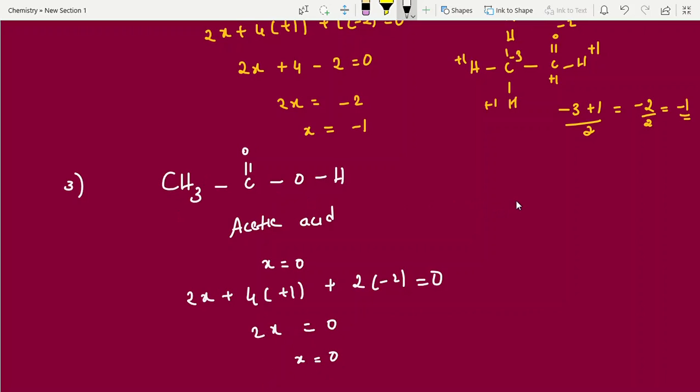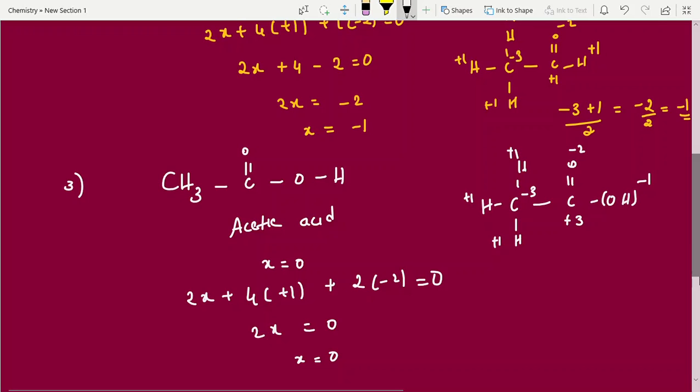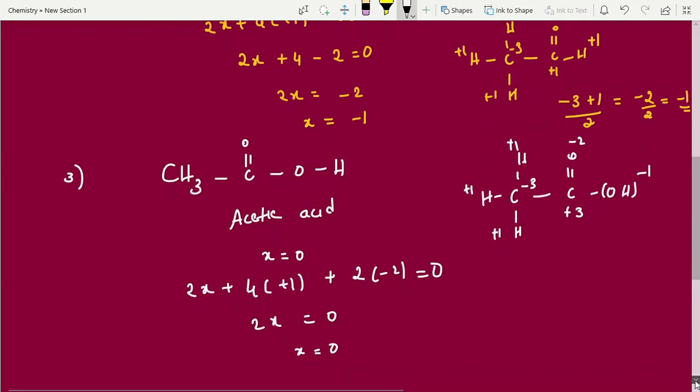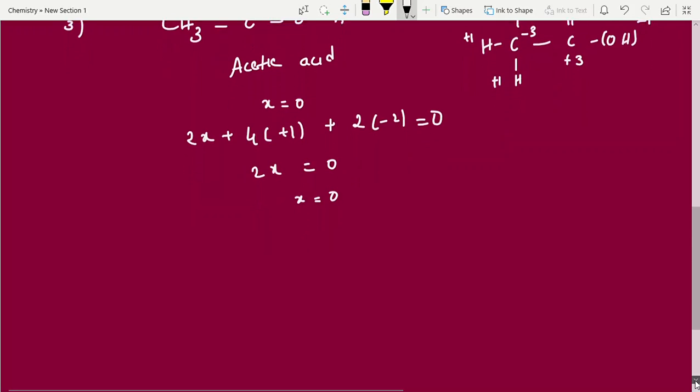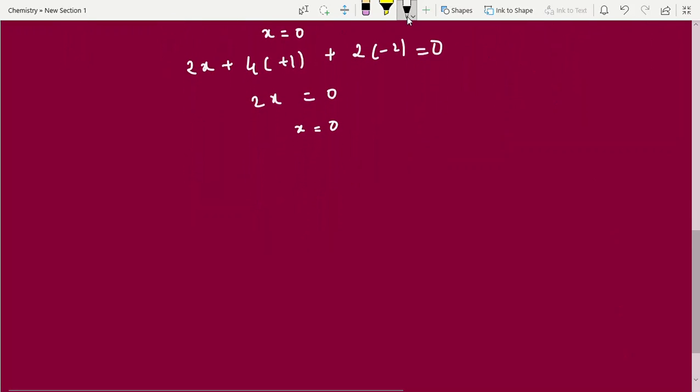If you go for the second method also, you will get the same answer. Right? That's it. This is plus 1, plus 1, plus 1. This is what? Minus 3. So this is minus 2 and this is what, students? Whole compound. Minus 1, this is minus 3. Plus 3, minus 3 gets cancelled. It's 0. Clear? So how easily we can calculate oxidation states, understood? These are all mains and NEET level questions. Okay. Now next one. Carbonyls.